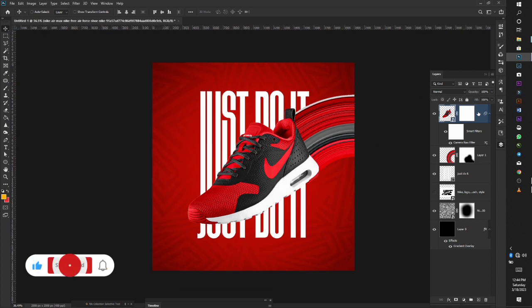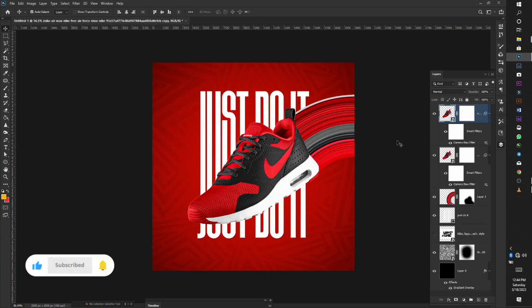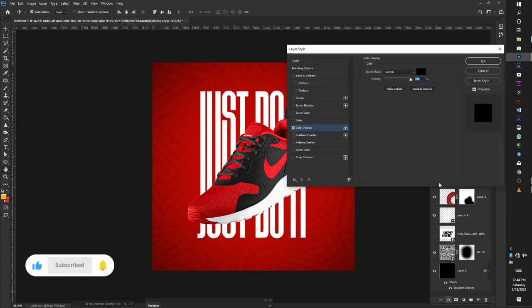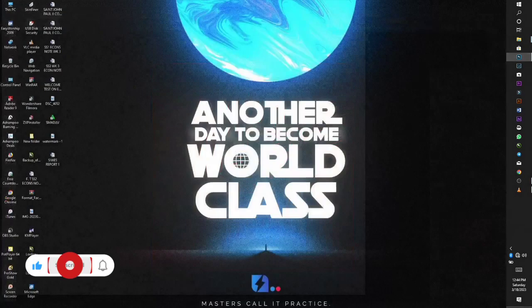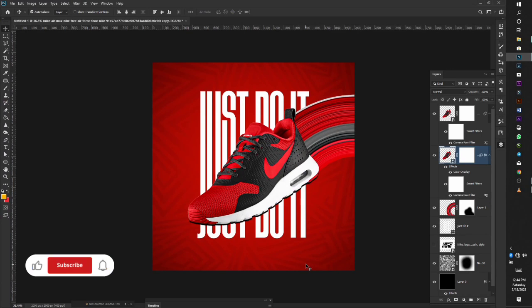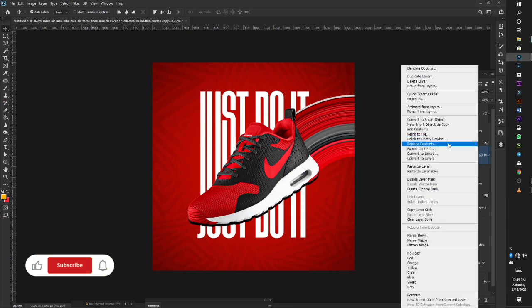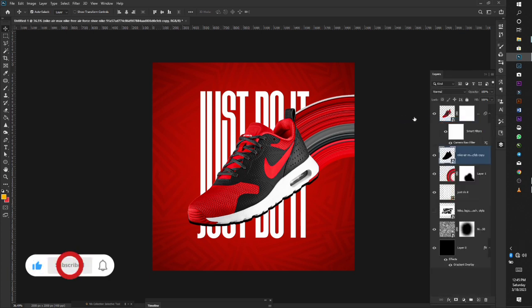So what I'll do is duplicate this image, color overlay and make it black, drag it down, then convert it to a smart object